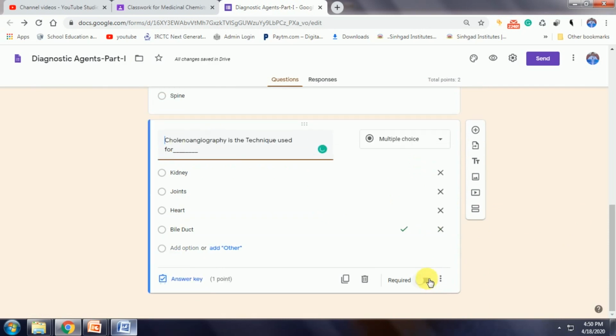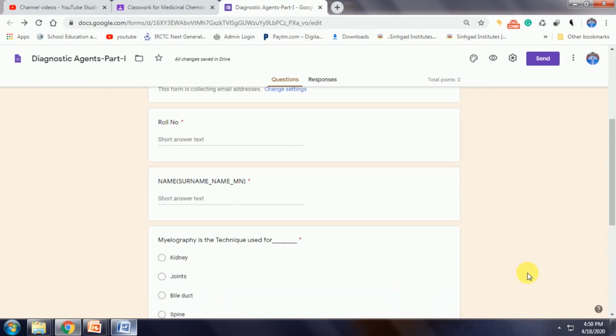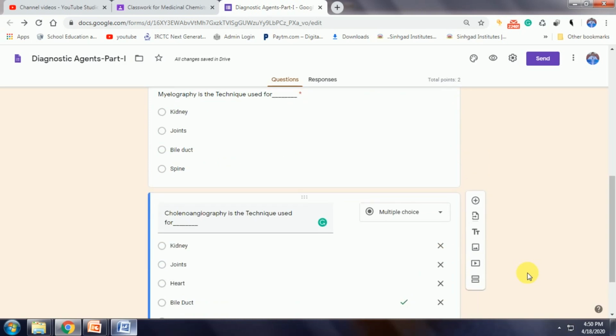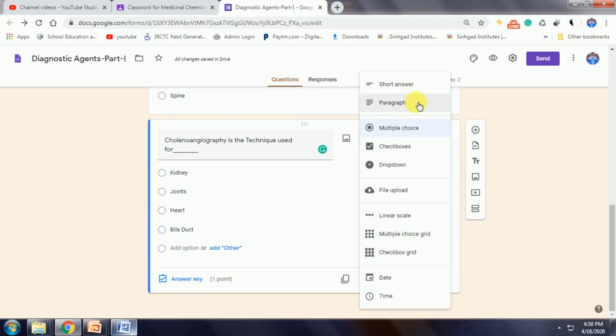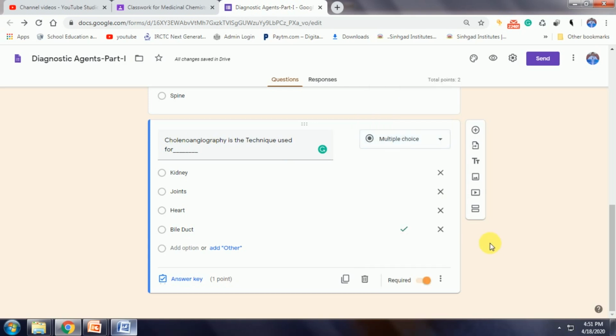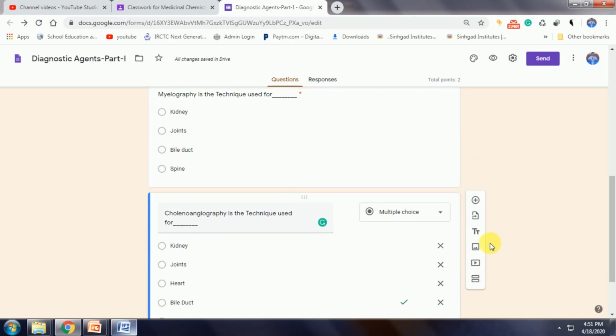So this is how you can add a number of multiple choice questions, and similarly you can also keep the paragraph question from here, checkbox questions also from here, and dropdown question. And if you want your students to solve some assignment, you can create a similar question but select the file upload option. I will explain that part later on in more detail, but this is how you can create the multiple choice questions for the students and assign them the points.